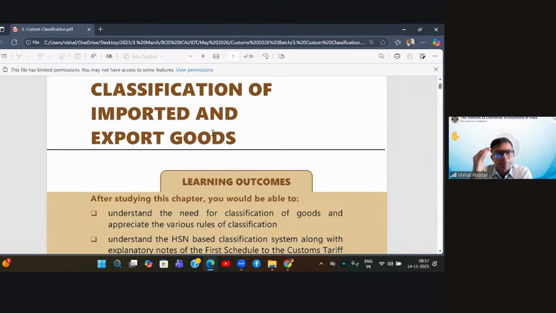As I mentioned at the start, firstly, this list given by WCO was adapted only for international trade, that is in customs tariff. Later on, it also got implemented in excise by way of making the excise tariff, so that at the manufacturing level itself, if you start classifying using the same name, same HSN code, then at a further stage, whenever they are exported or imported, the challenge is not there. And when GST came, it got implemented for all trades because GST covers all trades, even manufacturing, even trading, even service. So for everything, we have adopted the same schedule.